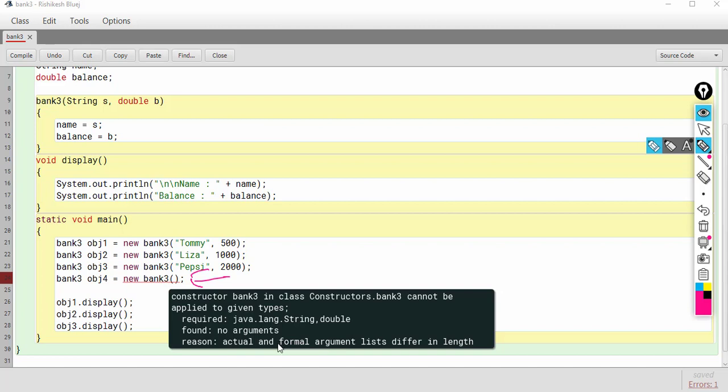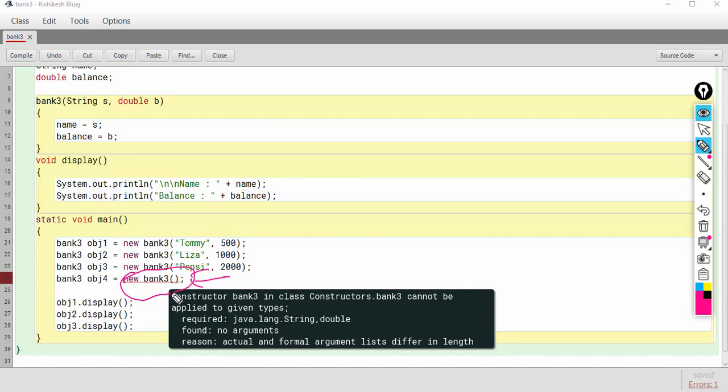And finally it is showing the reason that actual and formal argument lists differ in length. That means there is no match between the actual parameters and the formal parameters. The formal parameters are expecting 2 arguments, but here we are providing 0 arguments. So there is a mismatch.